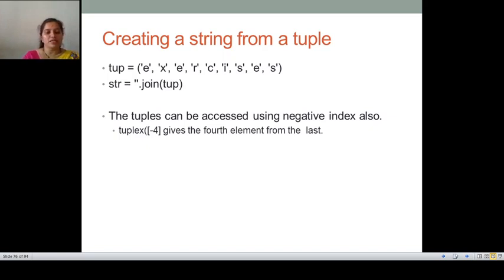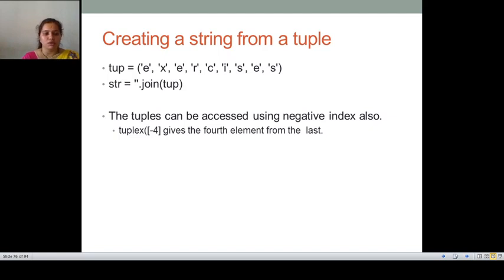So a tuple can simulate a dictionary without keys. That is, consider the following nested structure which can be used as a dictionary. For example, I have created a tuple with a personal ID, a name and his age. So that is nothing but a dictionary without keys. We have discussed the associative array in PHP.